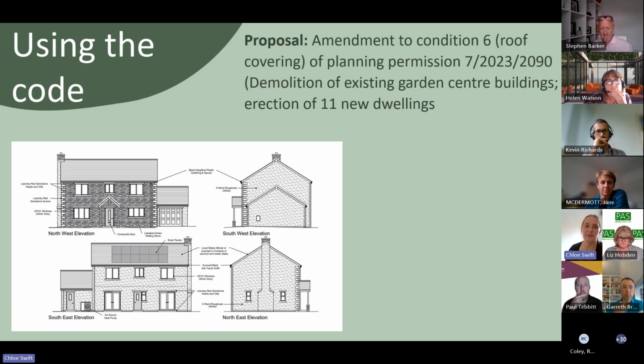This application was an amendment to a condition of the roof covering from traditional local slate to Welsh slate on 11 new dwellings. The reason for the original condition was to ensure a satisfactory standard of appearance of the development through the use of traditional materials in accordance with our local plan policies. The design code has been particularly useful in this application, providing extra context to our local plan policies and including that extra specific guidance about the use of local materials. Our design code states that roofing materials must be Westmoreland green slate, and consequently the amendment to the condition was refused.